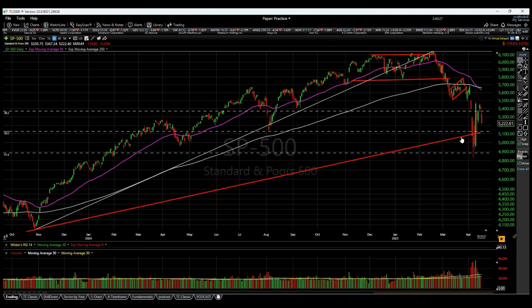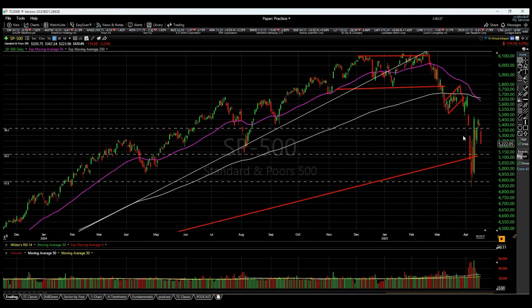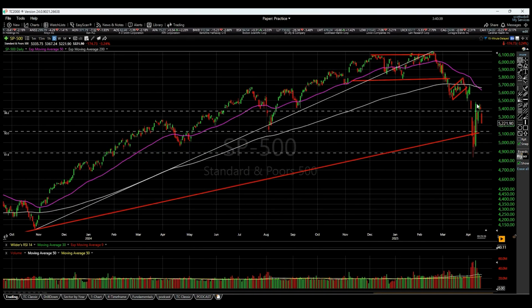So what happened? We went through the line. We were down there for a few days below this trend line. Then, with incredibly large volume, a lot of participation, we just skyrocketed higher. This is called a breadth thrust.